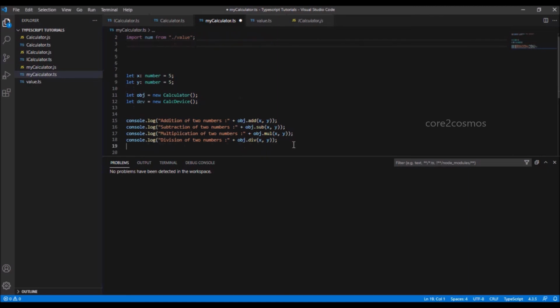At line number 19, I say console.log default export value and say NUM.